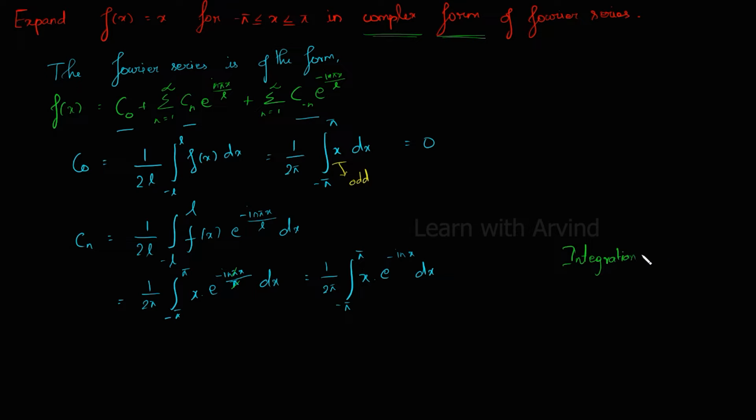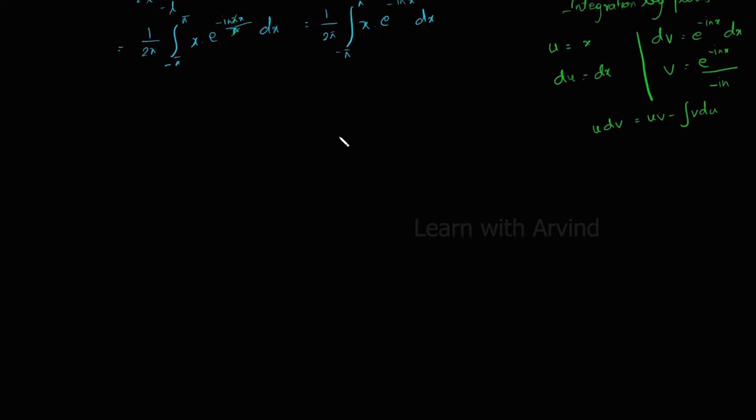Since we have two functions, we are doing integration by parts. u is equal to x, dv is equal to e power minus i n x dx. Differentiating, you will be getting du is equal to dx, v is equal to integrating dv, which is nothing but e power minus i n x divided by minus i n. u dv is equal to uv minus integral v du. Now substituting these values in the u dv formula,